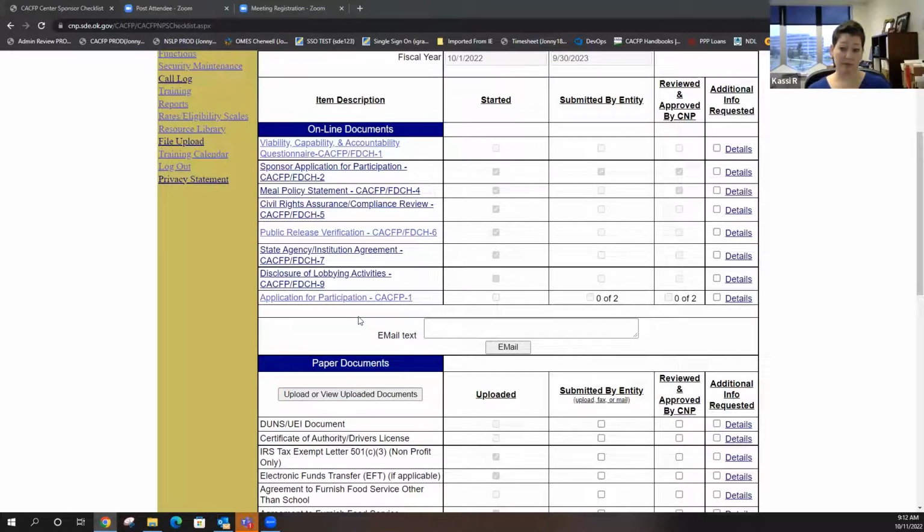We created a new application type specifically for our school at risk, because you guys already participate in one of our other programs. So you're already VCA. You don't need to prove you're financially viable and you're capable and all that, because if you're in good standing with one of our other programs, it's just a given that you are going to be in this program as well. I mean, something might happen down the road, but right now you're good. So there's certain things you don't have to do. One of which being the VCA, and then also the budget, that I'm sure you'll be happy to hear about.